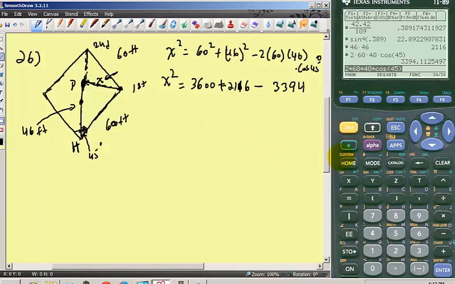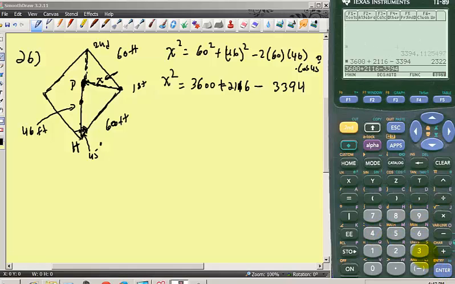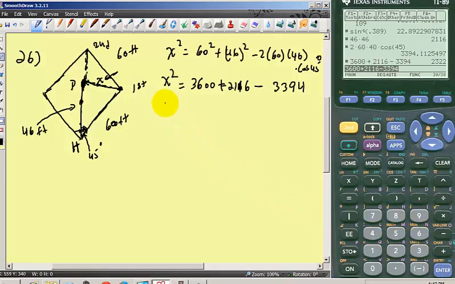So we're just going to have to add all these up. So I have 3600 plus 2116, then minus 3394. Hit enter. So my X squared turns out to be